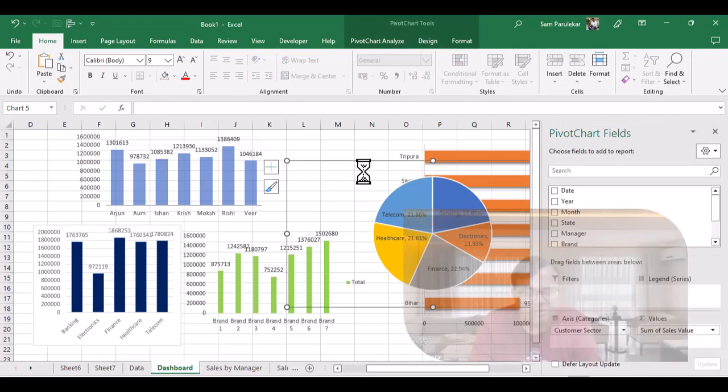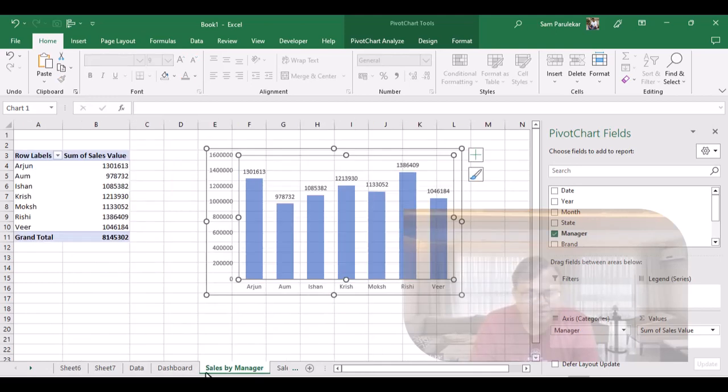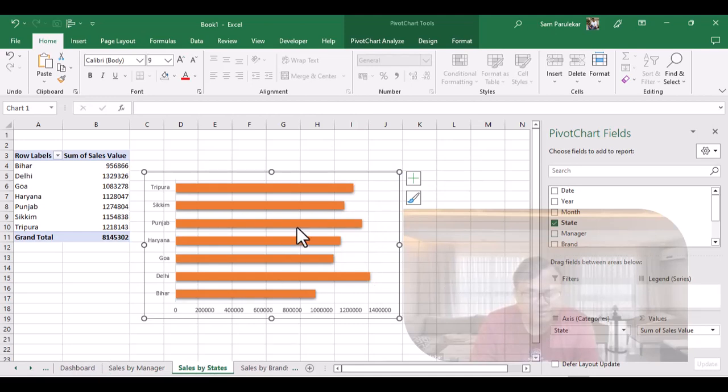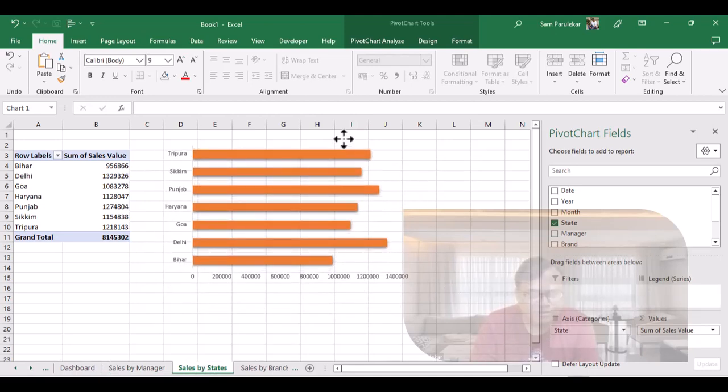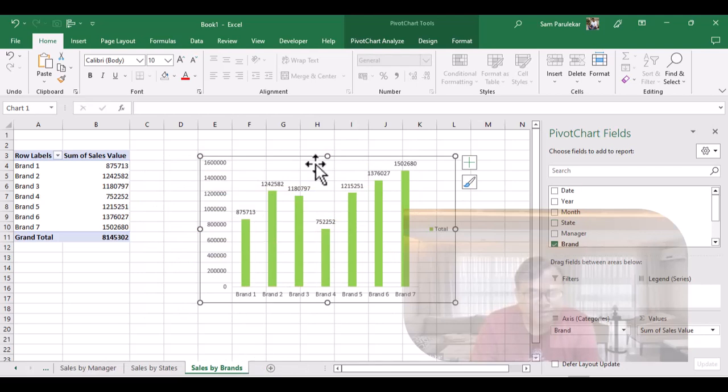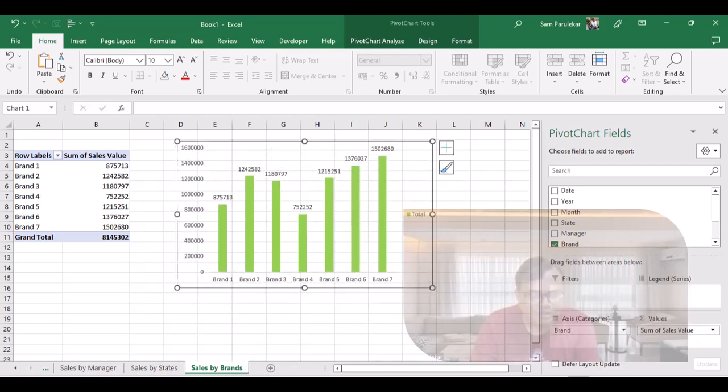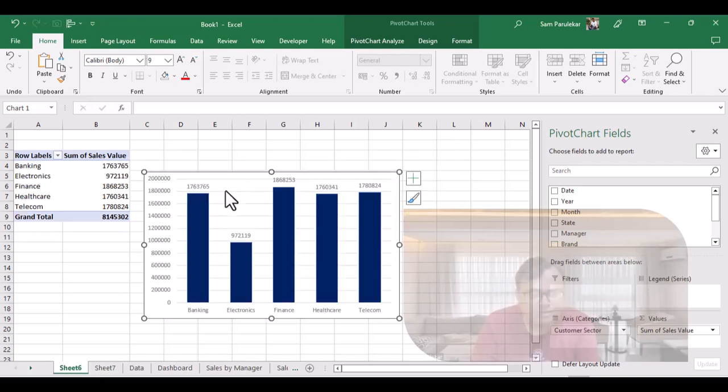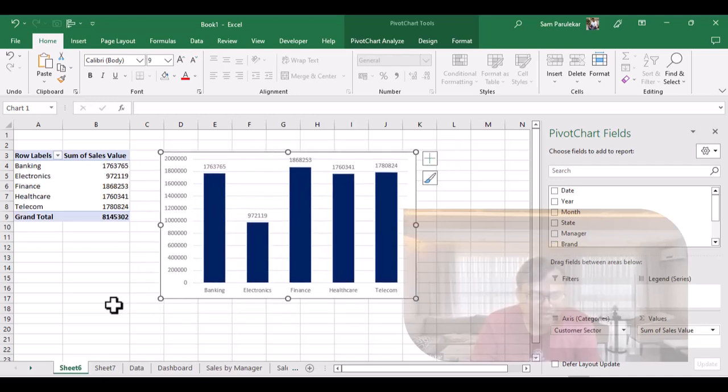Alright. Now we'll rename all the sheets properly. So this is sales by manager, that is correct. This is sales by states, this is also correct. This is sales by brand, this is also correct. Then over here, this is sales by sector. So we'll just rename this to sales by sector,